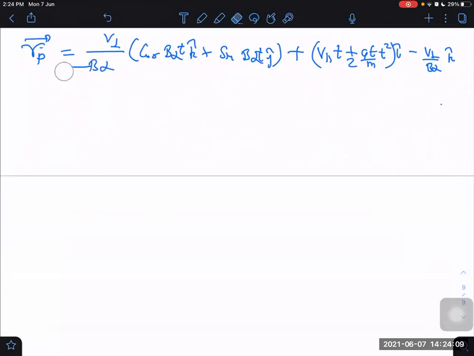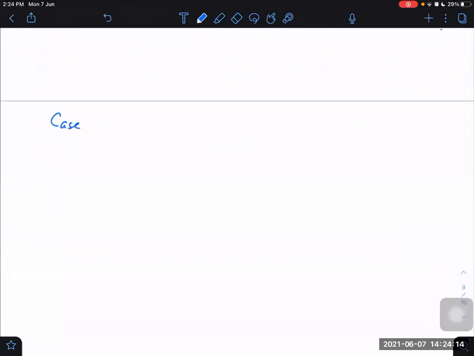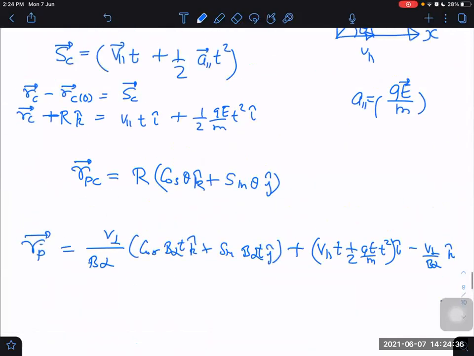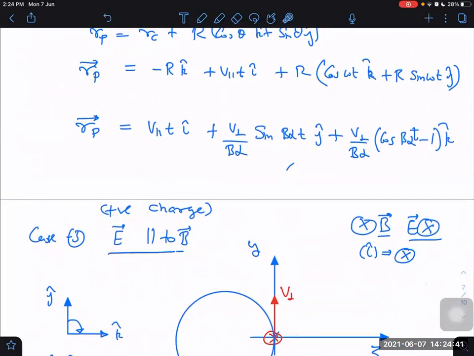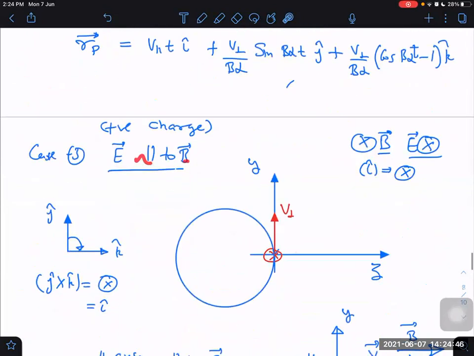Now, next question, slightly more complicated. Case 3 was somewhat complicated, but still it is easy. A more complicated case will be if I take E perpendicular to B. E and B are mutually perpendicular. Even more complicated than that will be when E and B are not even mutually perpendicular, but inclined at some other angle, neither parallel. This last case which I have taken will be easy even if I take E as anti-parallel to B. Then the same thing will happen.